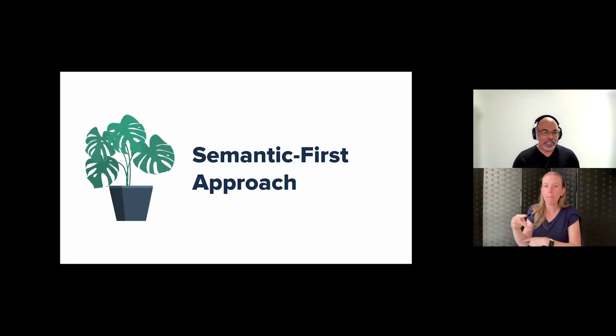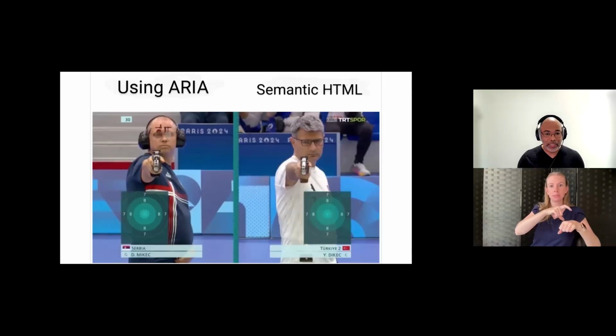And when you start there, what you will realize is that you get a lot of accessibility wins out of the gate because all of it is already built in. Instead of us having to remember all of the different attributes that need to be added, the browsers handle that for us. So it decreases dev time, and it also helps keep your code clean.